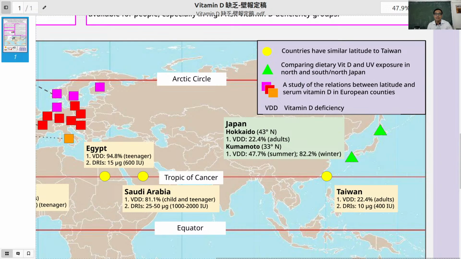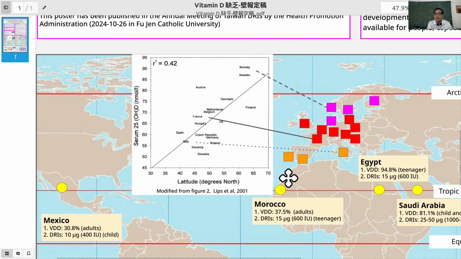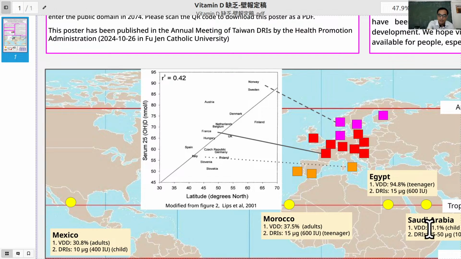Okay, and I remember, see here. Okay, let me show you this diagram. It's very interesting. Okay. Let me show you here. How to read this figure? The x-axis is latitude, degrees north. What is the y-axis? The serum vitamin D. The higher on the y-axis means the serum vitamin D in blood is okay. And close to the right side,